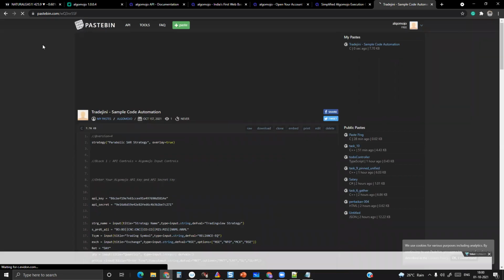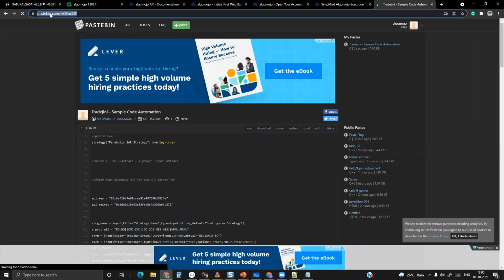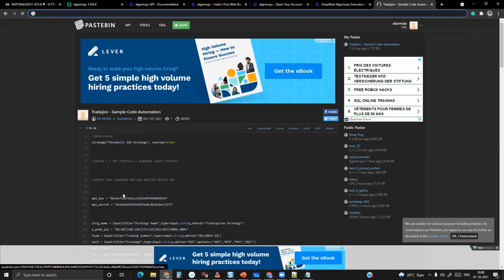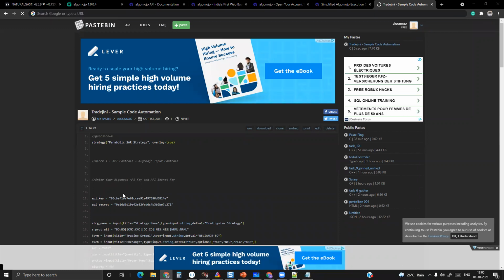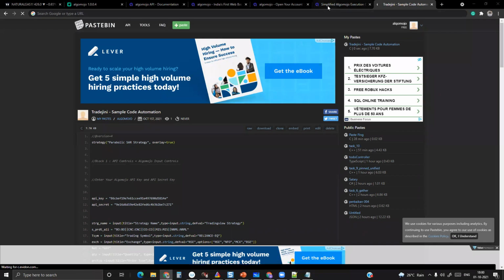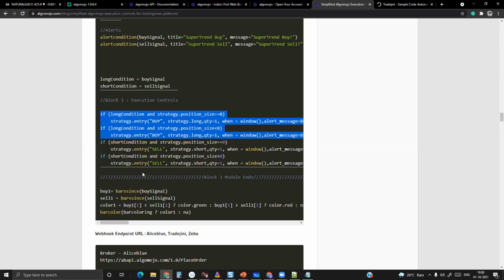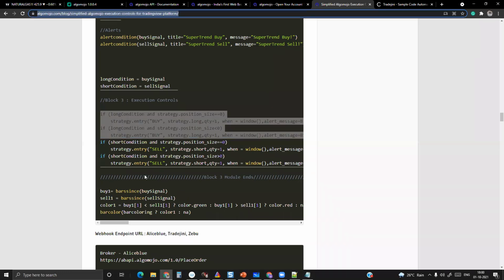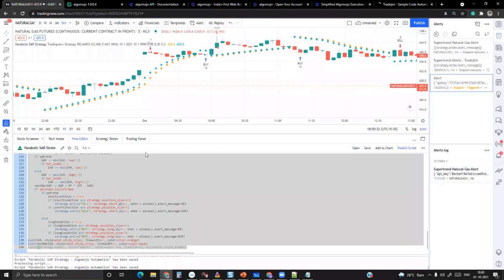Yeah, so here is the code. You can use this. I'll also transmit it over the chat box. This code is a proper code with multiple modules. All 4 modules are included over here. And for reference, you can always watch those other simplified algo execution controls as well. Anyways, this session is also recorded. Later on, maybe after 1 hour or so, you'll be able to access the processed video. So kindly ensure that with this, you can fit any of your trading strategies to automation. That is easily possible.